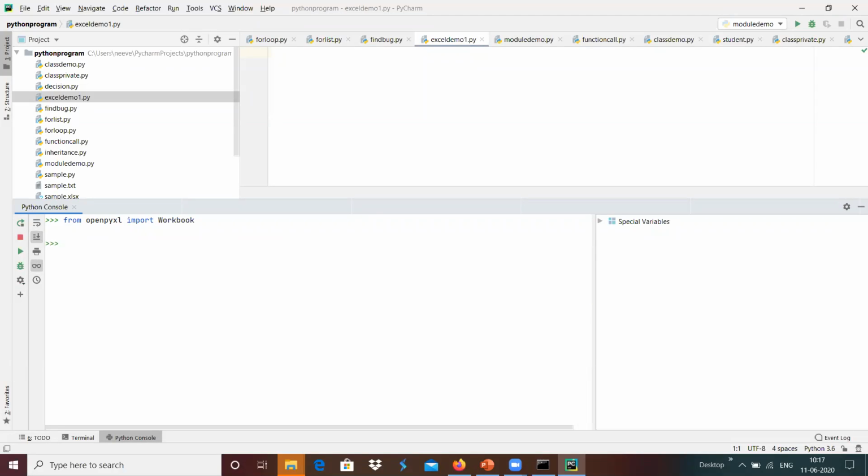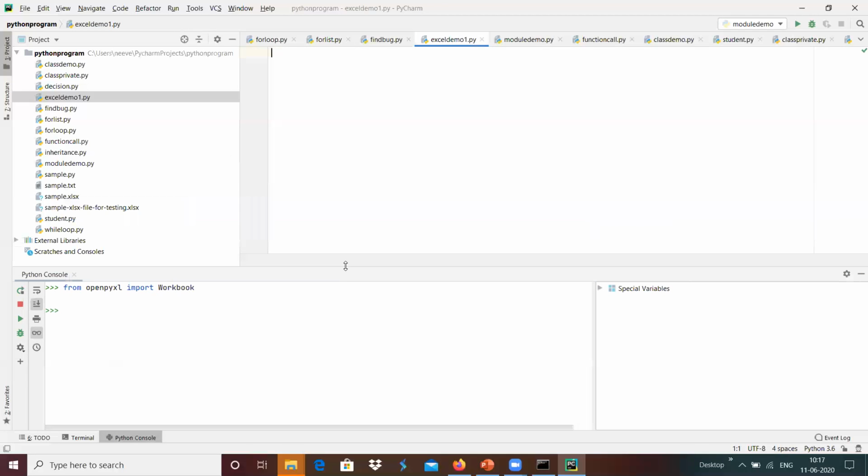Yeah, it has been loaded, which means that our Python OpenPyXL package has been installed properly. I'm going to write an application over here. From OpenPyXL is the module, I'm going to import, for example, Workbook.